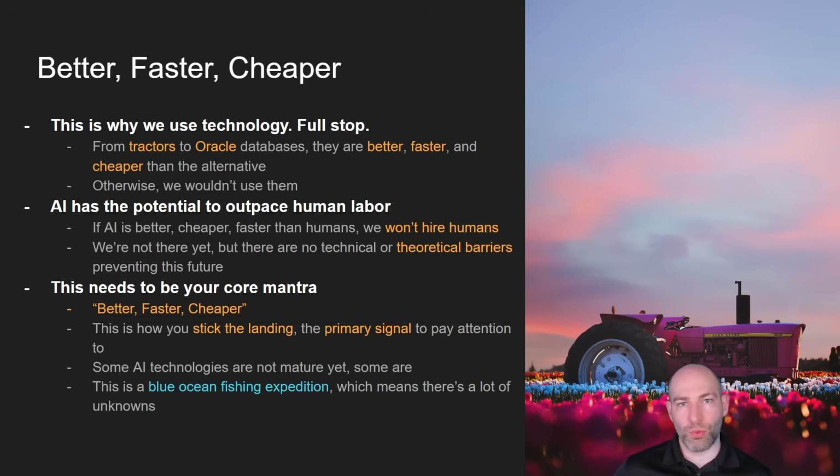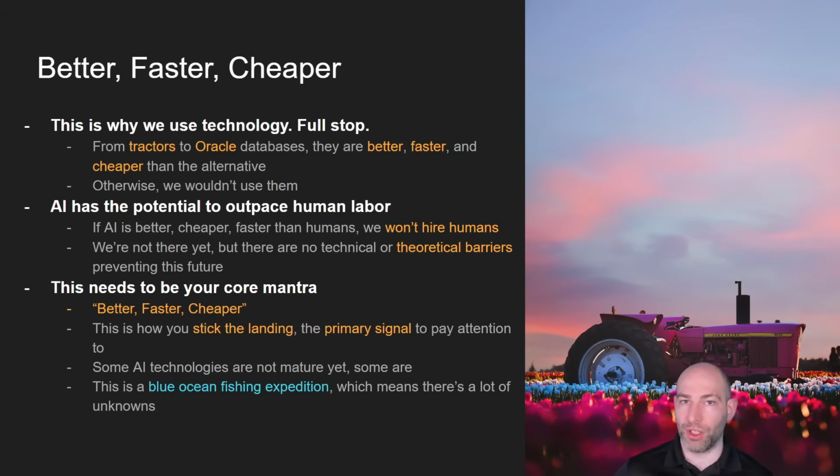So this creates a need for more specialized jobs and that sort of thing. Now, this is where we might see a reversal, a change in that trend. So rather than having more specialized jobs, it's entirely possible that as AI gets more advanced, we're going to see a reduction of the need for human labor. And I'll walk you through this life cycle in just a moment. But basically, if AI has the ability to outperform humans, if AI becomes better and faster and cheaper than human labor, we won't hire humans. It's that simple. That's the way that the economy works.